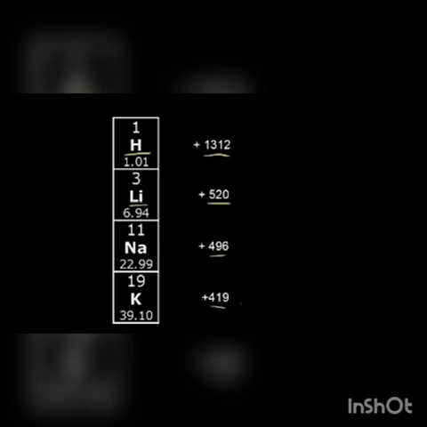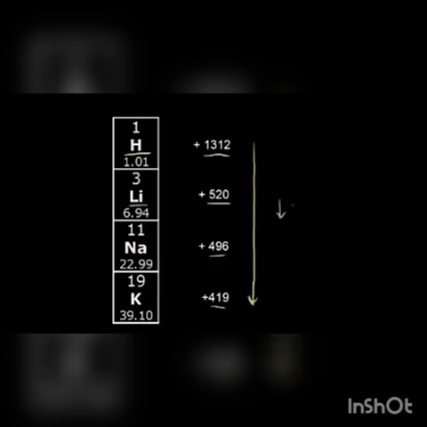So there's a clear trend as we go down a group in the periodic table, right? There is a definite decrease in the ionization energy. So it must be easier to pull an electron away. So let's see if we can figure out the reason why, and we're going to study in detail here these